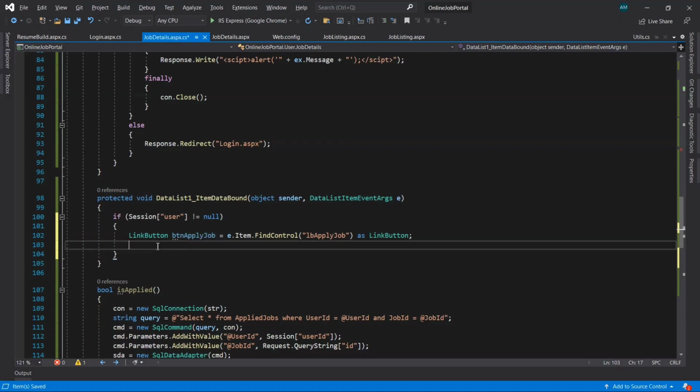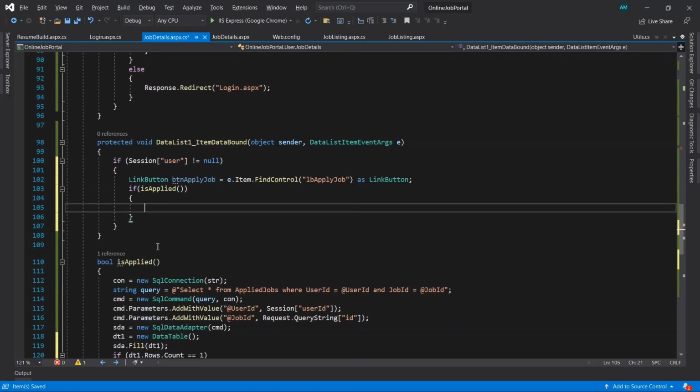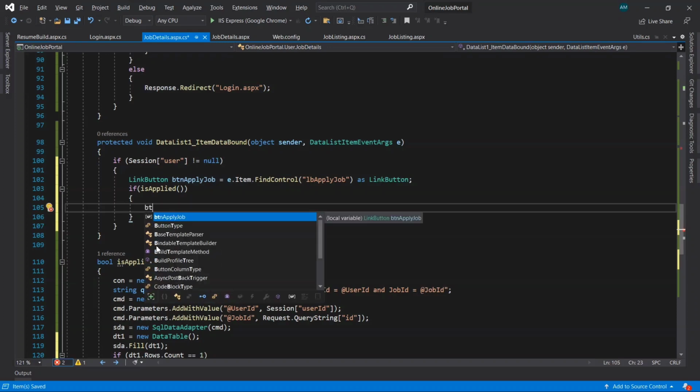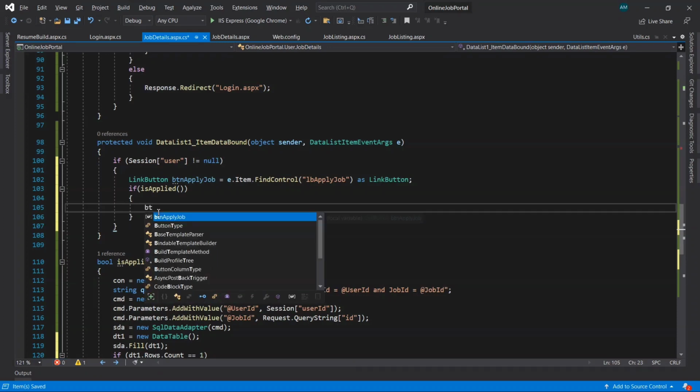Okay, now here we'll call our function that we have taken, is applied function. If it returns true, then it is going to execute this if block, or else it is going to execute the else block. Okay, so in if block, if it is applied, then what we do here, so we'll make the link button object that we are getting here unclickable.